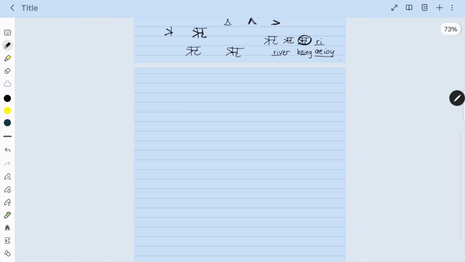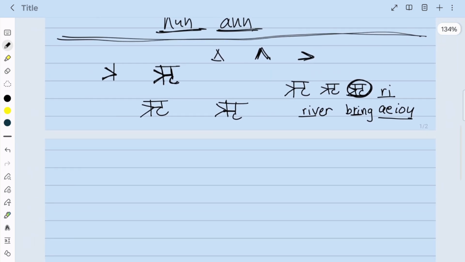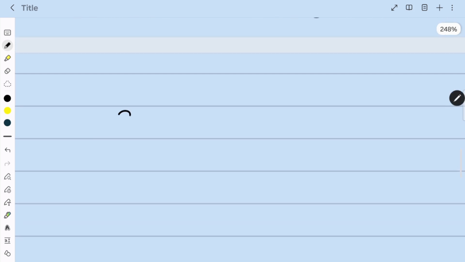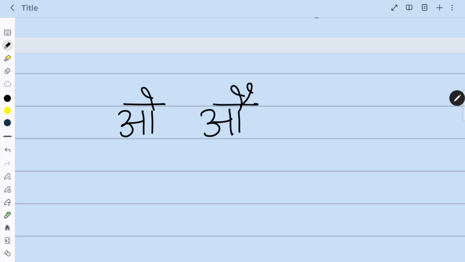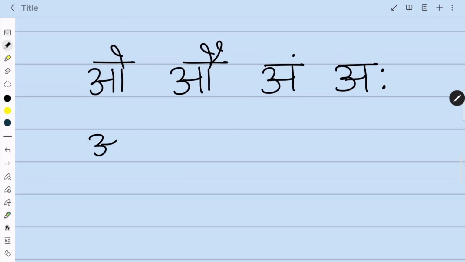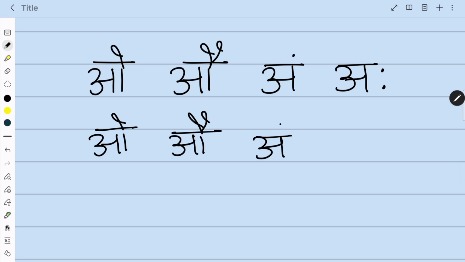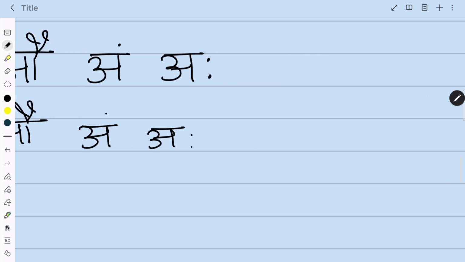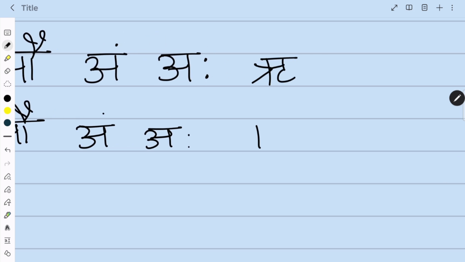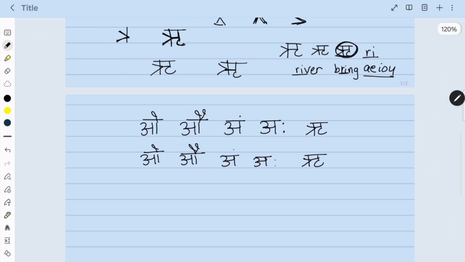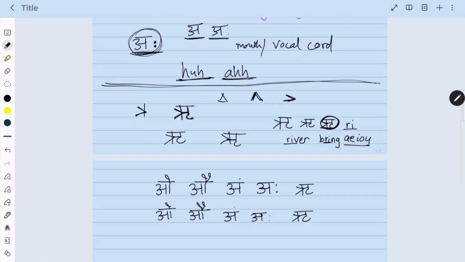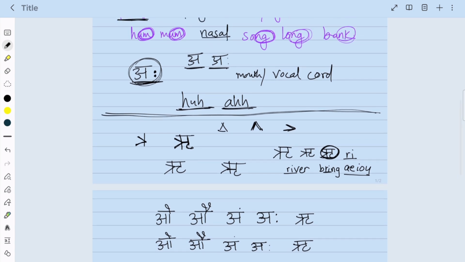So as we go through the words, the alphabets that we learned today, O, O, O, right? One more time. O, O, O. And we learned Ri, Ri, right? So yeah, we are done with the alphabets, and there is something that is still not done,